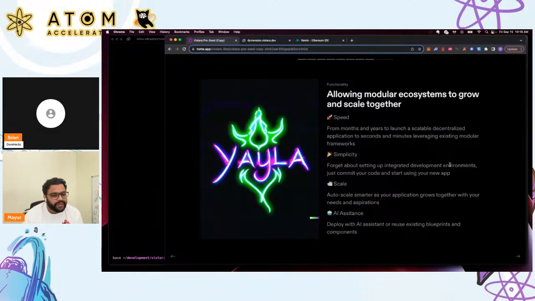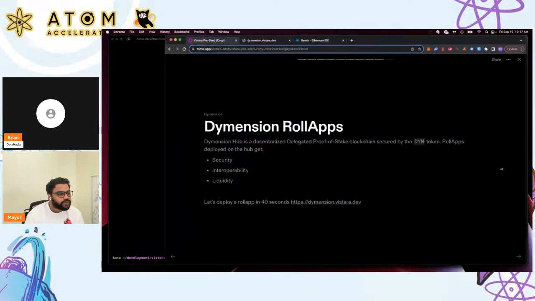But that's where we also want to provide simplicity. So just like a drop-down list of a web interface, you should be able to choose different components of the modular stack and customize it accordingly. And the scalability aspect is there because we are deploying each of them as its own Kubernetes cluster. So these clusters can be scaled up and down, or pods can be scaled up and down depending on the needs of that particular chain.